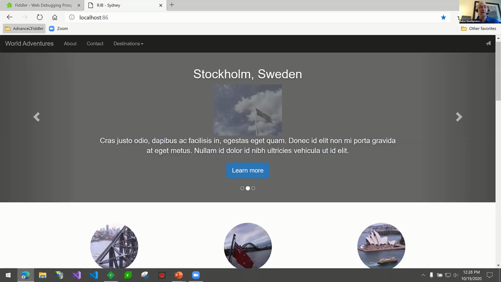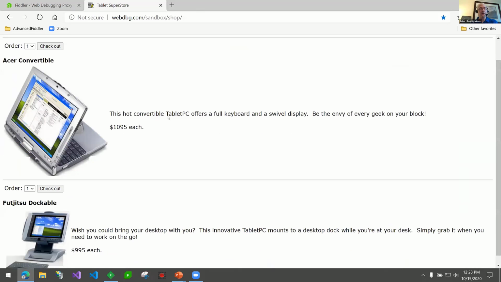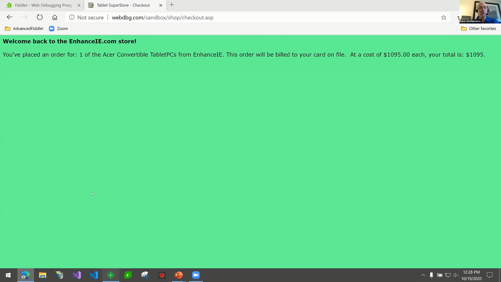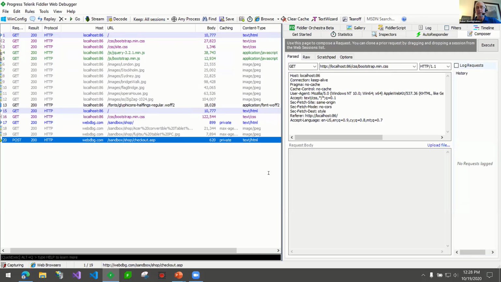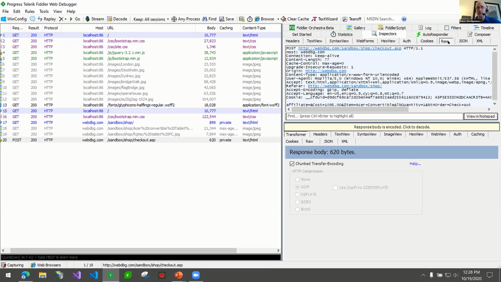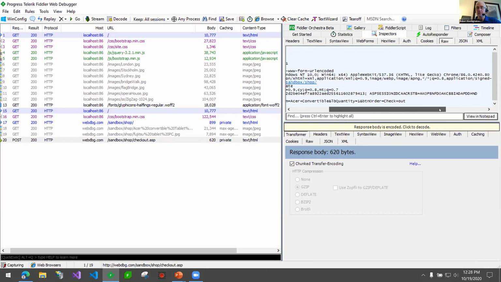What's a practical thing I could use this for? Let's say I have a web page. I've got these convertible tablets for sale. I notice that I've got this price here. I want one. I can hit checkout. If I go into Fiddler and I'm just looking at this, let's go look at how this is being sent. If I looked at the raw view of the request, you can see that I've got,